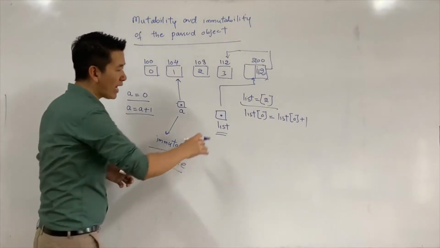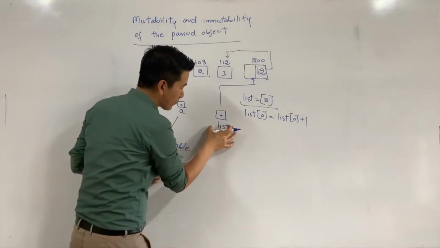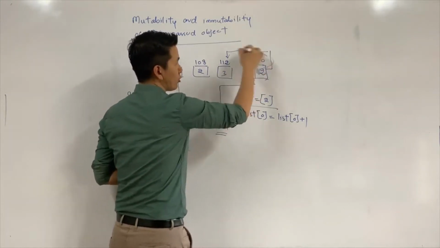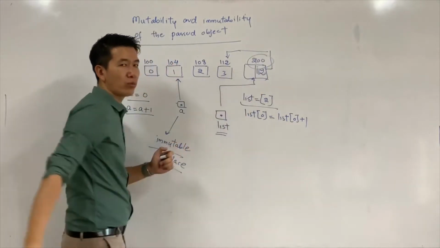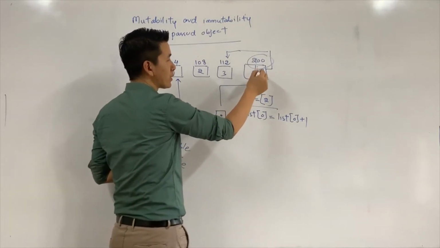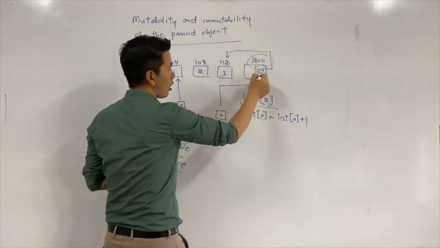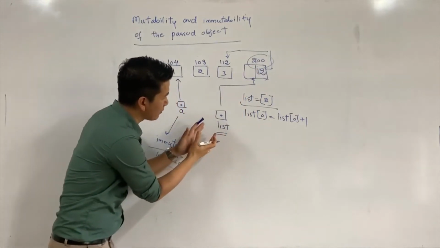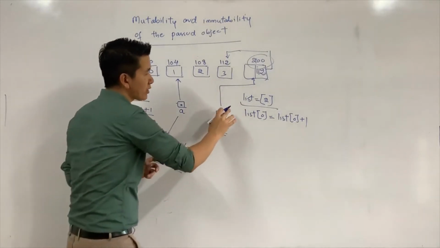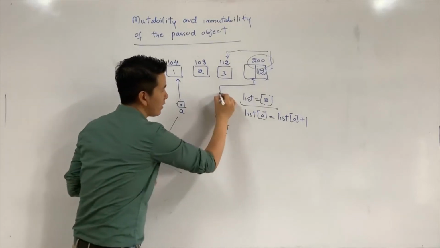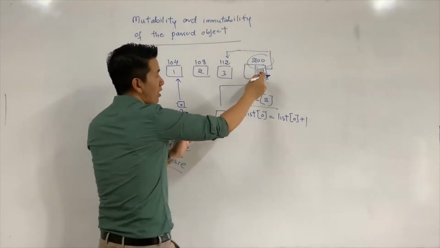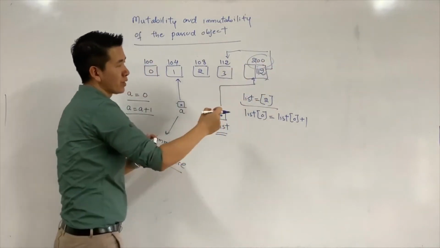Now coming back to the question, why is list mutable? Look here, list is all the time referring to the memory address of 200. You see this? It is all the time referring to 200, right? So when you make a change, what happens? The changes are taking place inside the memory address of 200. But from the point of view of list, the address of 200 never ever changes. So it looks as if the changes are taking place in place. The reference always remains, and it appears to our eyes that the changes take place inside the memory location